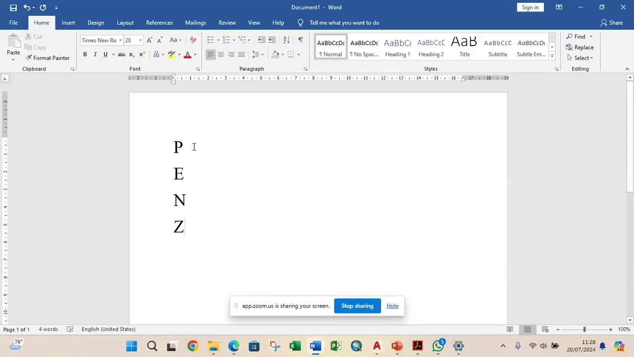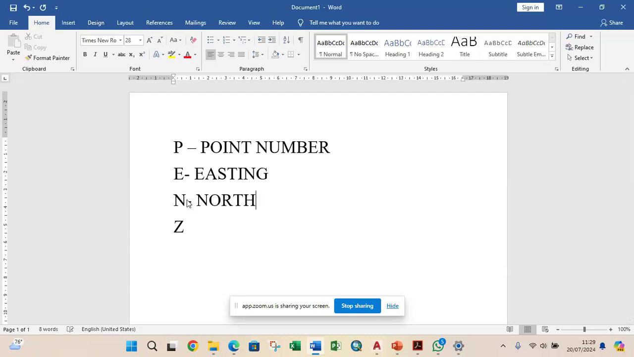So the P represents what they call point number. Then the E is what they call easting. The N represents what we call northing. Then the Z, that is the elevation. So these are the 3 entities that the surveyor goes to the site and picks with their differential GPS